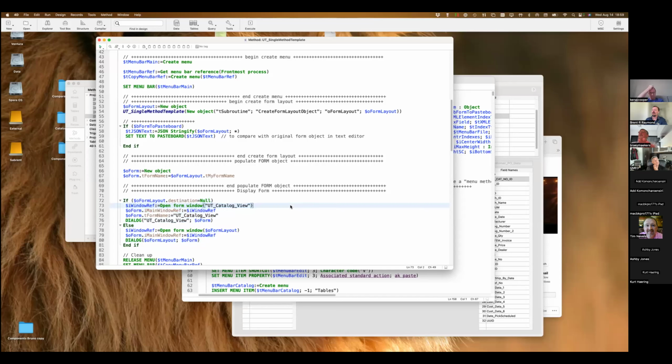So why did I do this? Because this is easy to distribute all the functionality. I just need to distribute one method and everybody can use it and you don't need anything else. While you're developing, it's easier to do your development of the form just with the form editor. And once you're done with the form editor, there is another method that I will show you that you can run. You point to the form and that will produce the 4D code to generate that form.